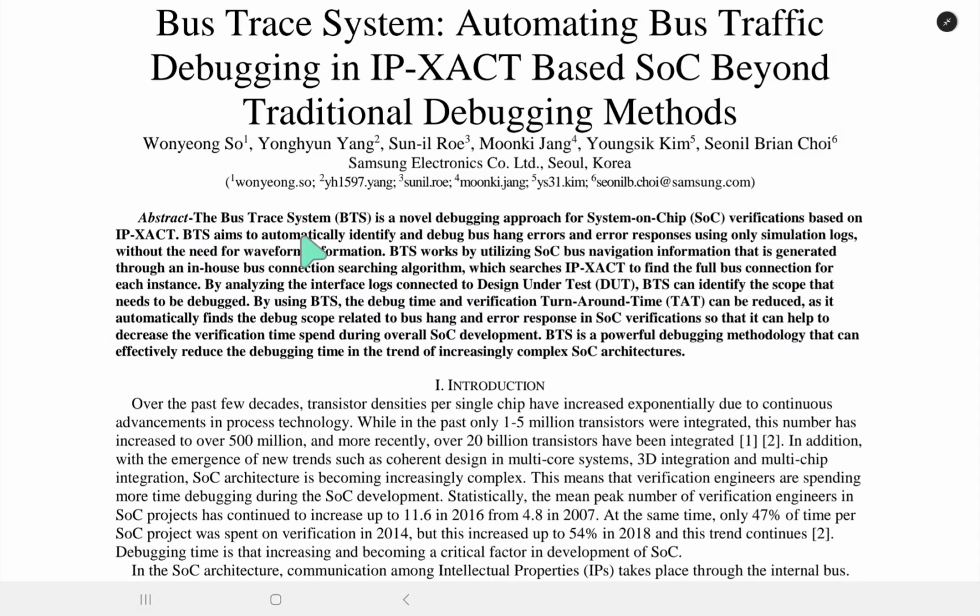BTS aims to automatically identify and debug bus hang errors and error responses using only signal simulation logs, without the need for waveform information. BTS works by utilizing the SoC bus navigation information that is generated through an in-house bus connection searching algorithm, which searches IP-XACT to find the full bus connection for each instance. By analyzing the interface logs connected to the design under test (DUT), BTS can identify the scope that needs to be